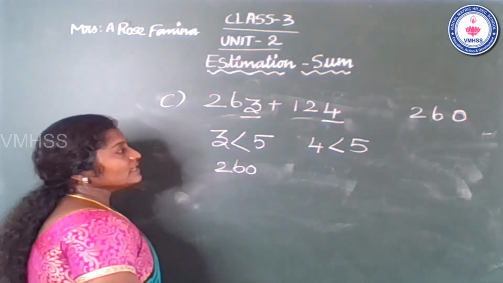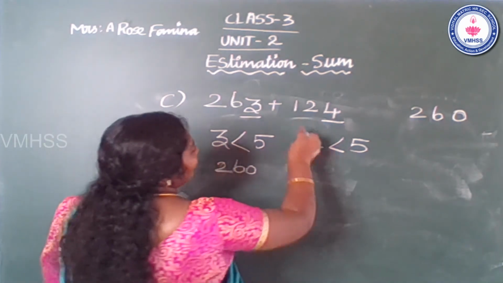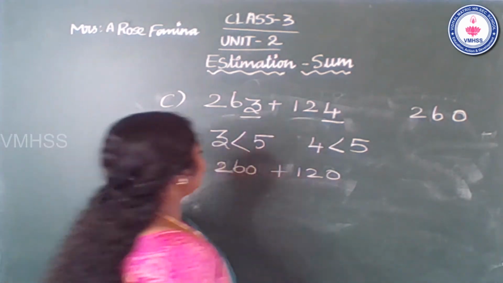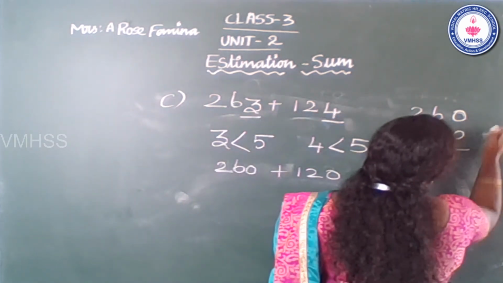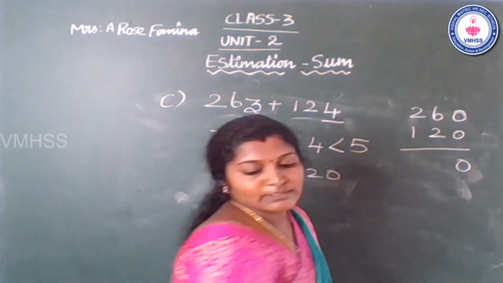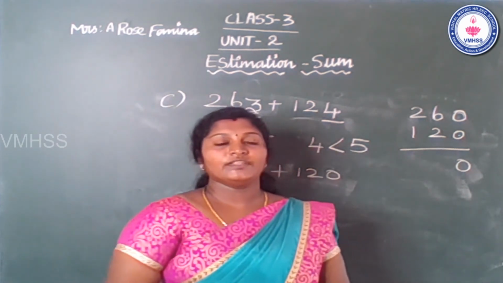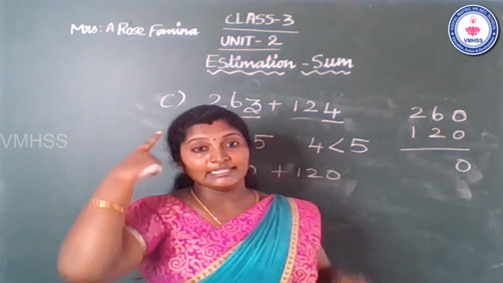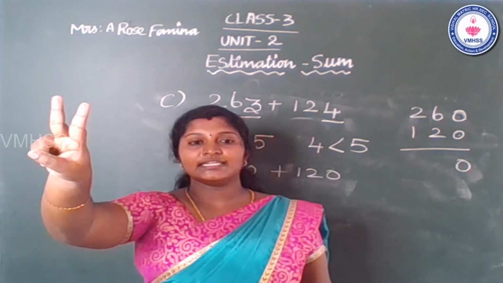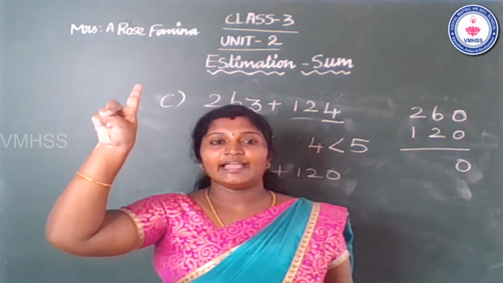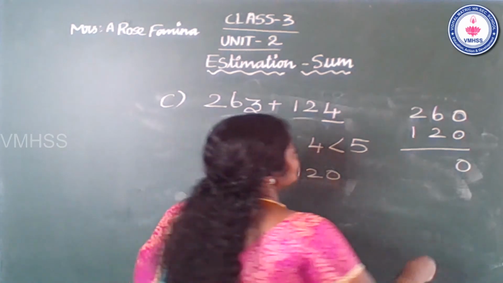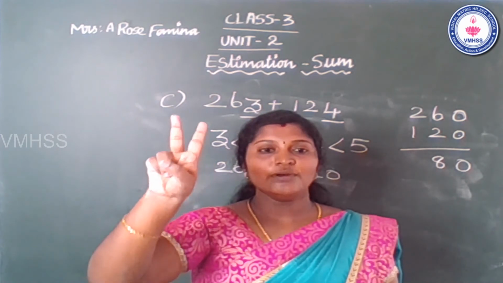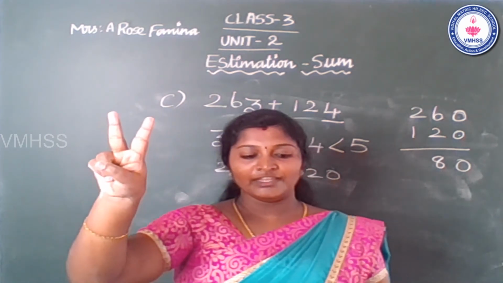260. Okay, ma? So 124 also rounds to 120. Now we go to add. 120. So 0 plus 0, 0. 6 plus 2: raise 6 fingers. Very good, students, 6 in the mind. Raise 2 fingers. After 6, 7 and 8. So 6 plus 2, 8. So 2 plus 1.